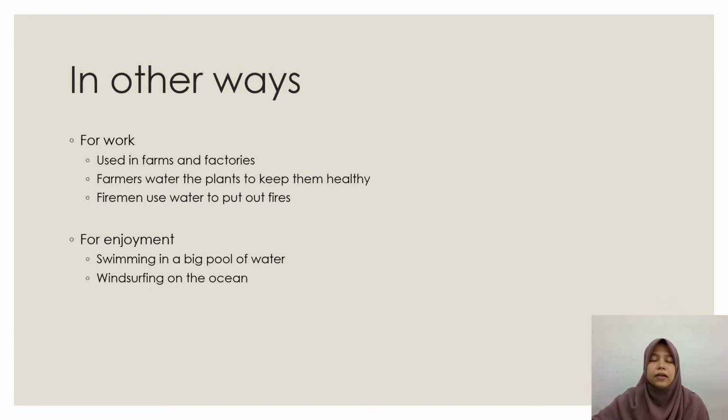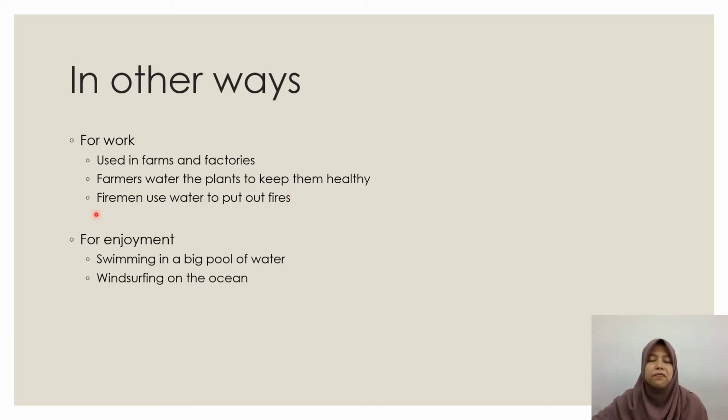Other than water being used at home, water is also used in other ways. This is on page 44. In other ways, water is used for work. Usually it is used in farms and factories. Farm is ladang atau kebun. Factories is kilang-kilang. Farmers water the plants to keep them healthy. It does not matter whether the farm is small or big. If the farm is very big, that means a lot of water is used to water the